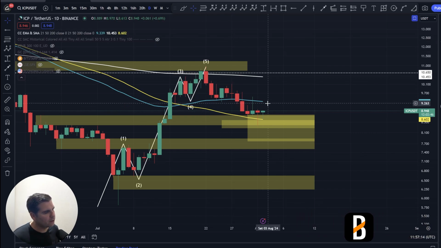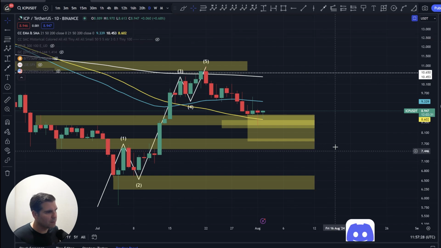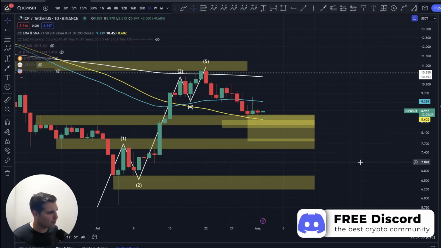And of course, we are looking at resistance on the 50 EMA as well, so not giving us any kind of confidence there. Elliott wave theory tells us that we have that potential move to the downside. Unless we can get a breakout from that structure, our Z wave can go down deeper, and we are looking at the potential lows towards $7.50, which happens to be a fair value gap as well.